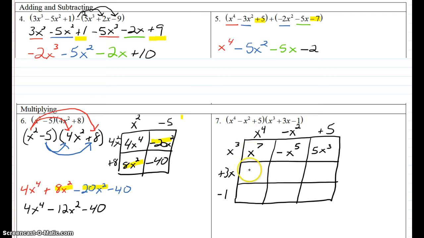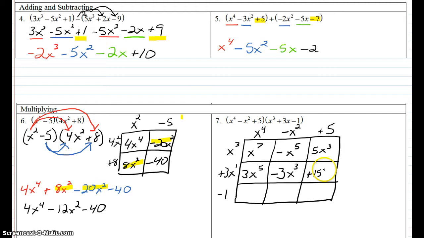Now 3x times x to the 4th, 3x to the 5th. Remember, x has an exponent of 1, so 1 and 4 makes 5. 3 times negative is going to give us a negative 3, and then the x times x squared gives us x cubed. 3 times 5 gives us a positive 15,